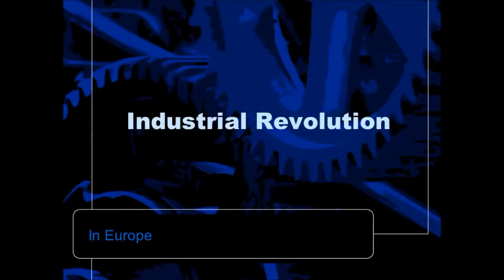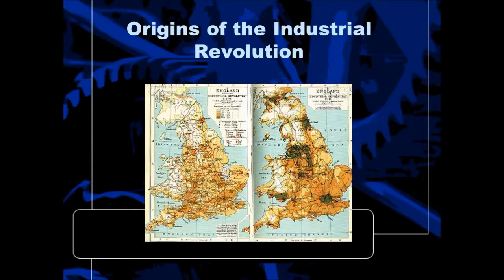Okay, so now that we have all that in place, colonization, we're still not done talking about that. It's going to come back again and again, but let's get into the Industrial Revolution and how that affected colonization, because they are very much intertwined. The origins of the Industrial Revolution were actually in England. Americans tend to just assume that it happened in America. It did not. It's going to happen in England, and it's because England had two very important natural resources, coal and iron ore.